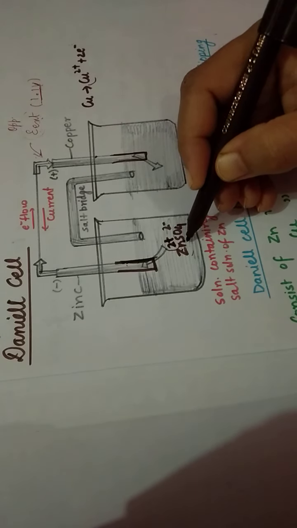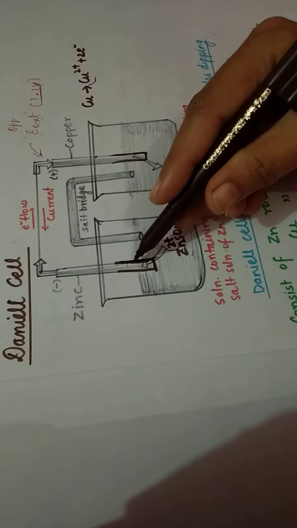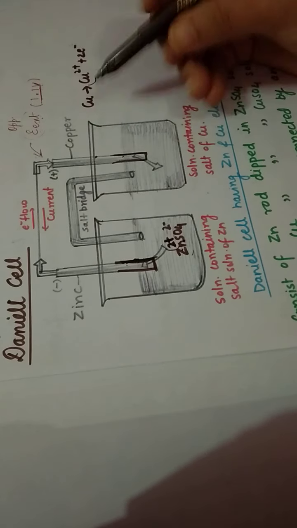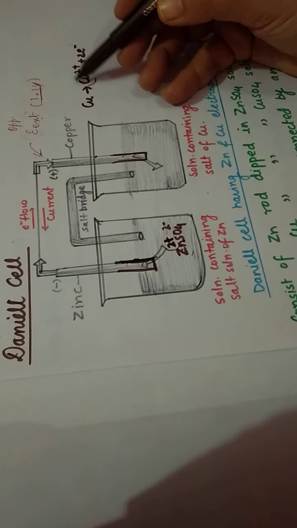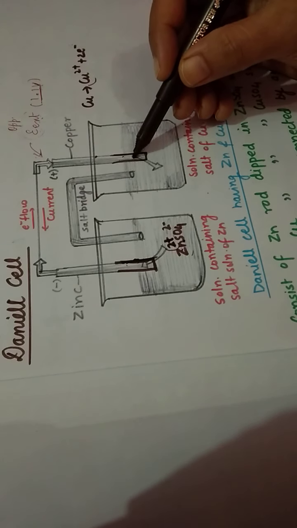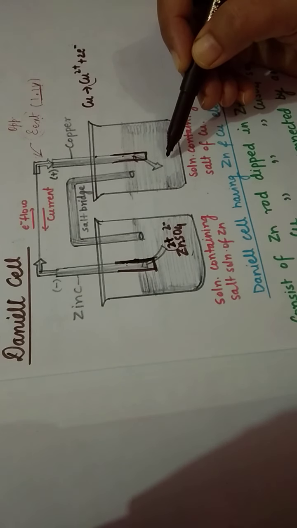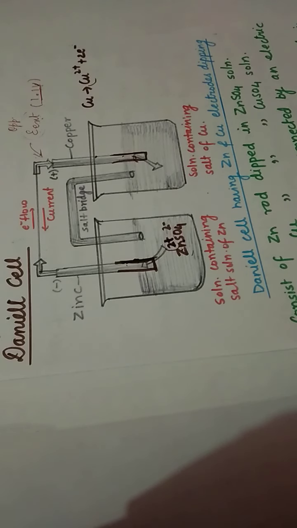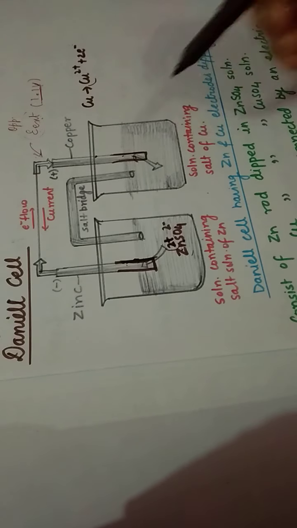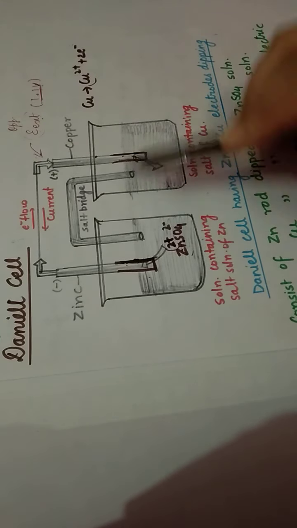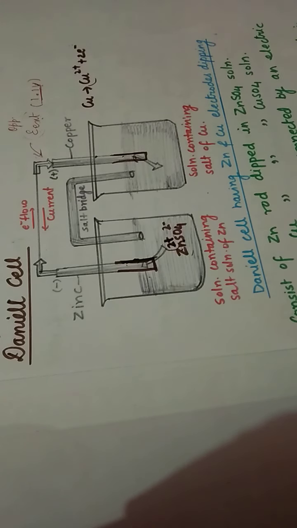Earlier Zn2+ went from the electrolyte to the electrode, making it positively charged. But at this electrode, copper will lose 2 electrons, making it negatively charged, and the positive ion Cu2+ will move from the electrode to the solution, to the electrolyte. As a result, there is a separation of charge that occurs between these two electrodes. This one has become positively charged, this one has become negatively charged.